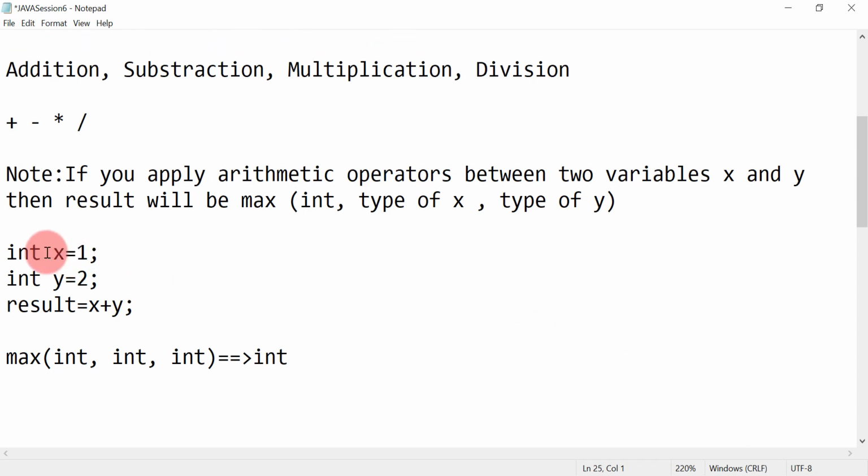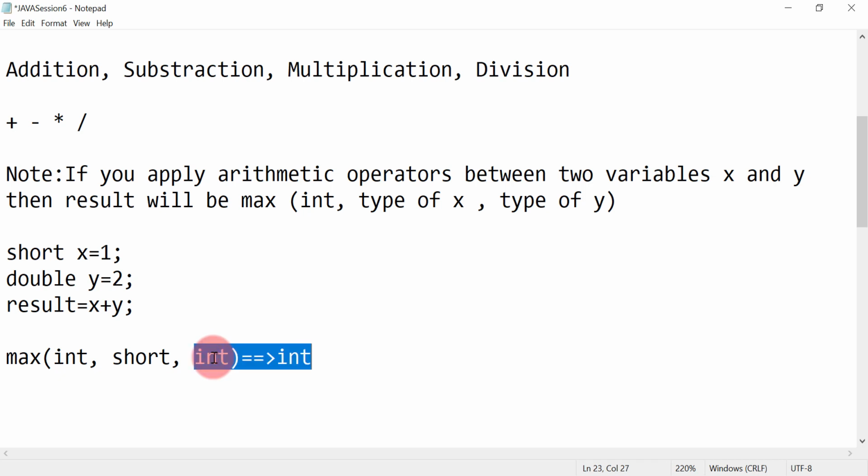Okay. Next, let's say I have two variables. One is, let's say, short, and the next variable is, let's say, double. Short comma double. So the result type will be max of integer comma type of x, which is short, and type of y, which is double. So what is the max between these three types?